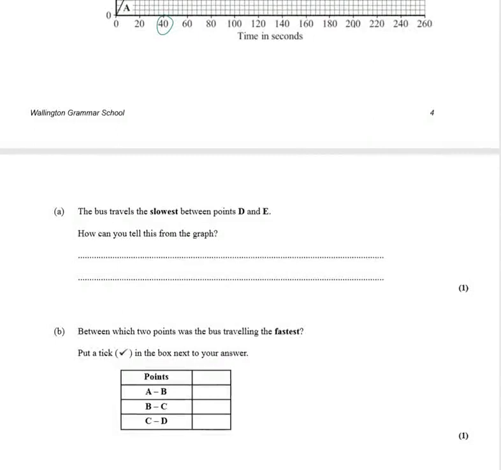And pretty much I already gave you the answers there. Because the gradient is less steep, or you can say the gradient is the shallowest, or you can say smallest distance in larger time. So as you can see,